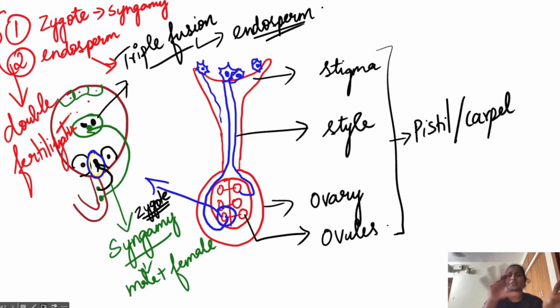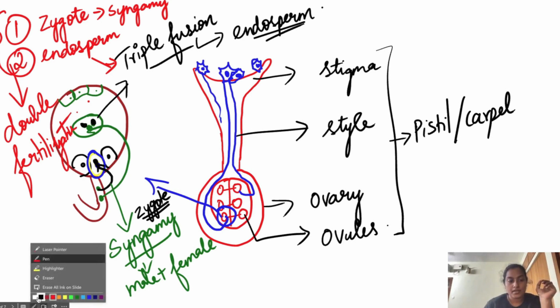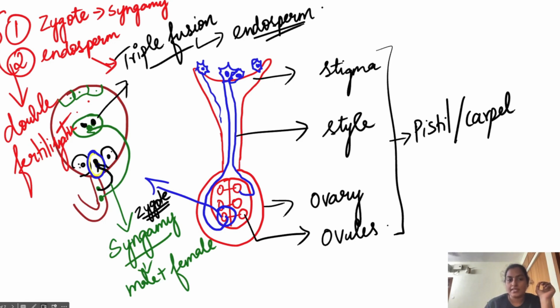Now, what are the functions of the other cells? Too many cells are there, right? What's the purpose of that? Why are they sitting there and complicating the topic? Very simple. I'll make it very easy for you. Basically, the synergid cells are the ones who release the chemical and attract the pollen tube. Come to us, so that we can form a fruit. That's why they release the chemical and attract the pollen tube. That's the function. They also provide energy to the egg cell. And the antipodal cells supply nutrition to the endosperm.